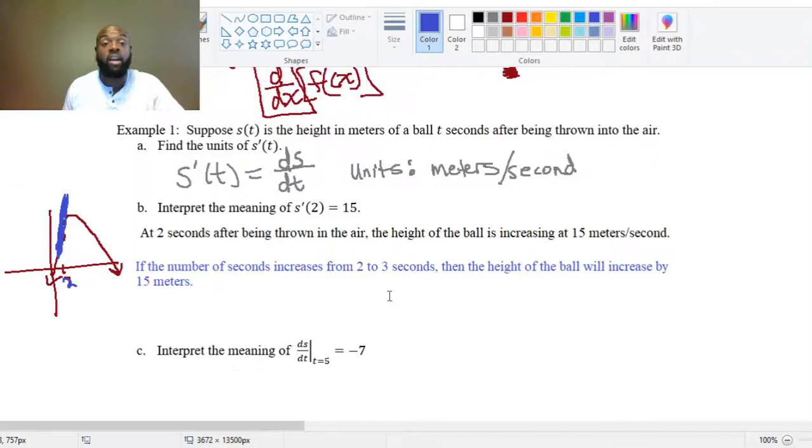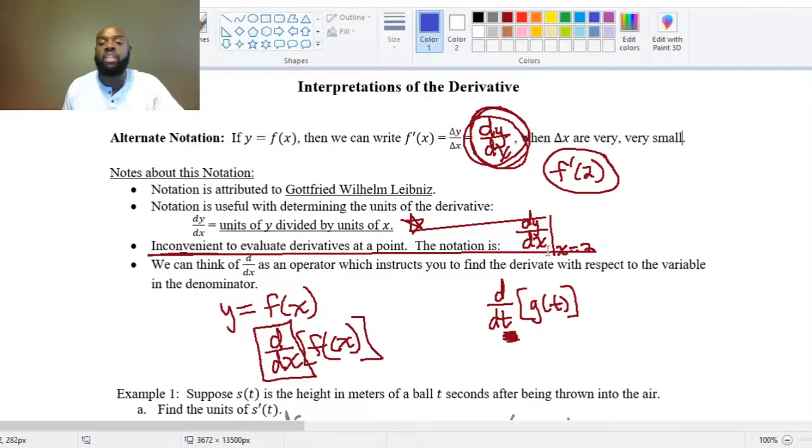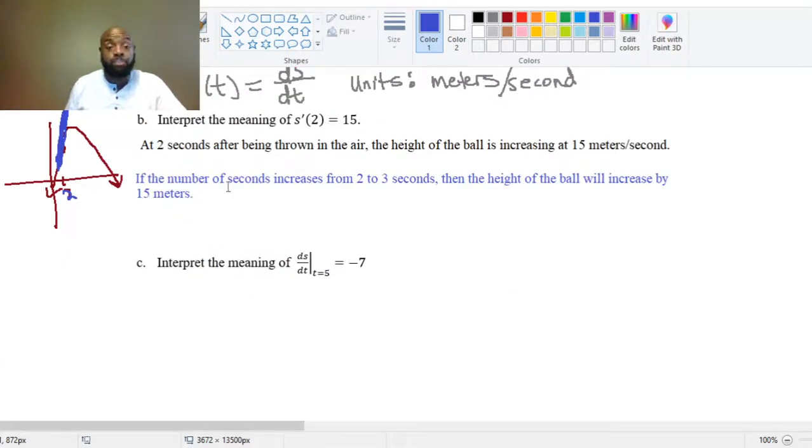equals -7, right? This is that Leibniz notation that we can use to evaluate our derivative at a point. It's almost identical to saying f prime of whatever this value here is, right? So if you don't like that notation, it's basically saying find or interpret s prime of 5 equals -7. All right. Now, this time I'm going to just give the second interpretation. I'm not going to give the first interpretation, but basically it's saying